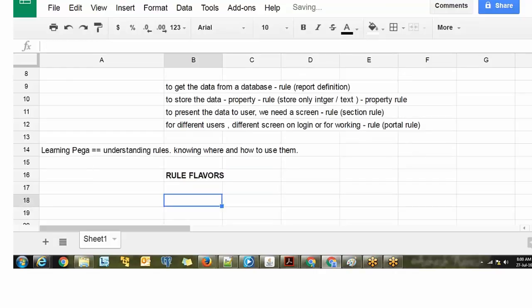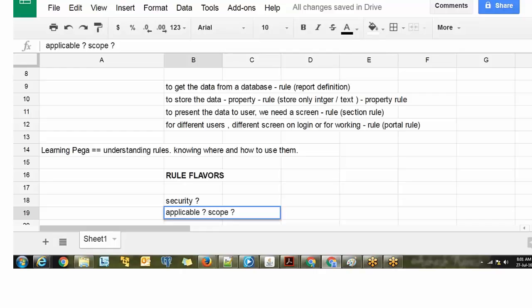What I mean by flavor is that it can have some specific aroma or some specific type, a subtype or something like that. It determines where it is applicable, like who all can access it. What is the security of it, which is the first thing that you need to understand. Then is it applicable, which is what I mean by the scope of it,